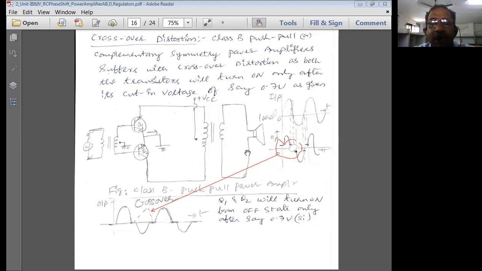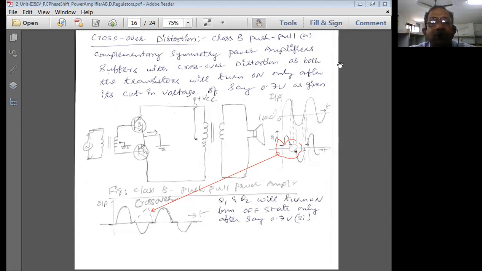Now, as I told you already, the circuit diagram is very important. You should not get confused while drawing the circuit diagram for the class B push-pull power amplifier, class AB push-pull power amplifier, complementary symmetry class B power amplifier, push-pull class AB complementary symmetry power amplifier, and class D power amplifier. This is a little bit of confusion that you're going to have. So you have to carefully observe the circuit changes for the various types of such circuits.